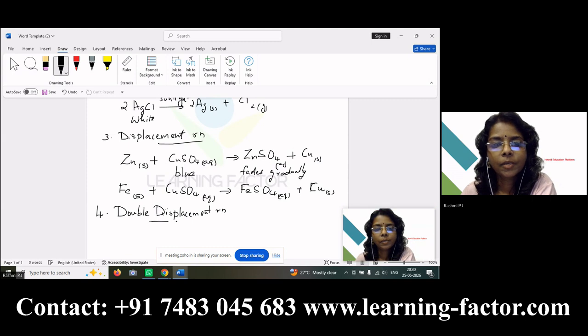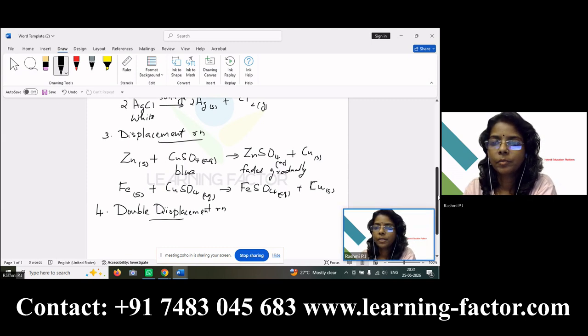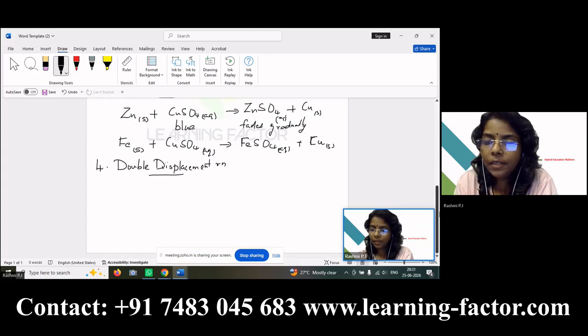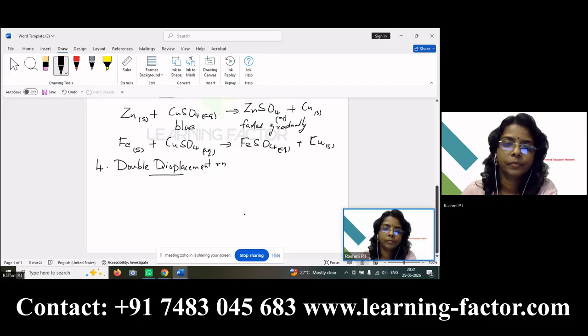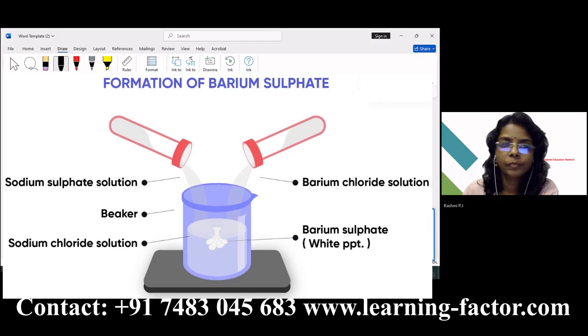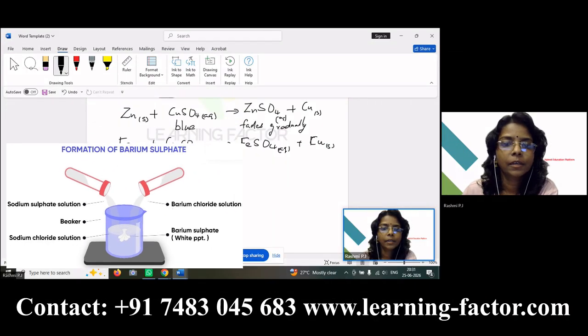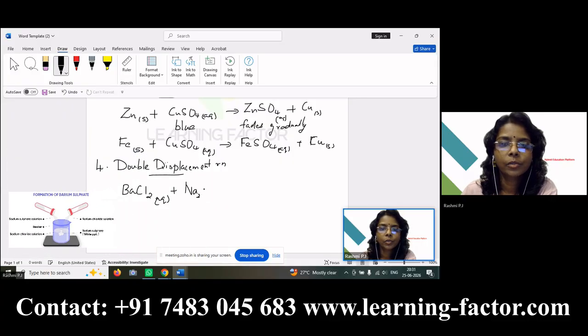Double displacement reaction. What happens in a double displacement reaction is that ions are exchanged between the two reactants, forming new compounds. For example, if you take barium chloride solution and add sodium sulfate solution into it,